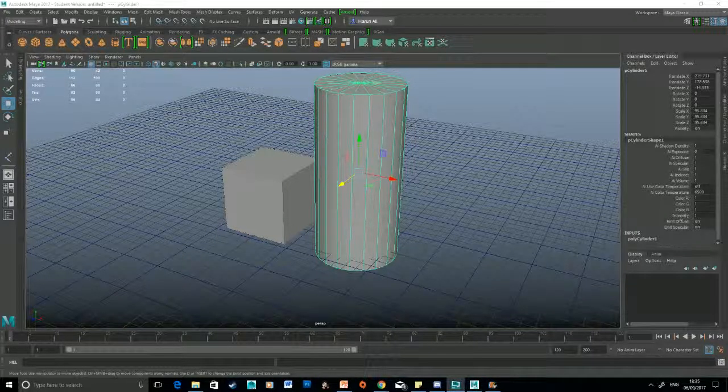In this video, we will go through the process of extrusion modeling. Hopefully you've watched the previous video on box modeling. Just to give a quick explanation of what box modeling is: box modeling is the process in which you take a geometric primitive, such as a cube or a cylinder like